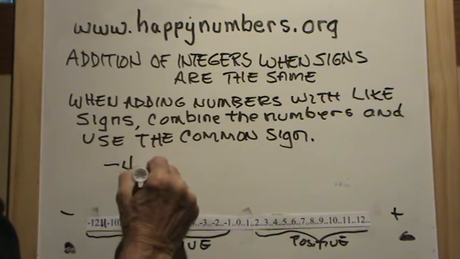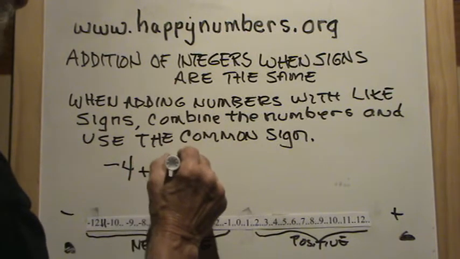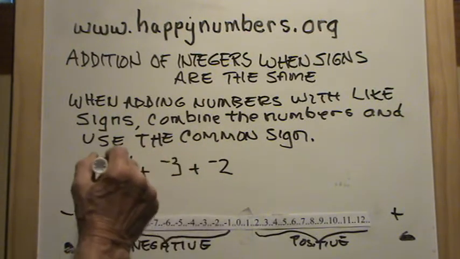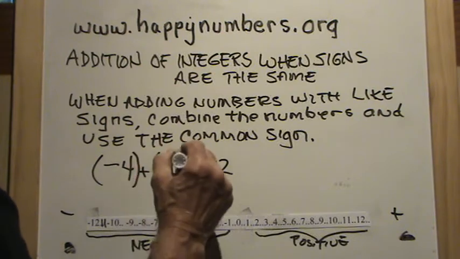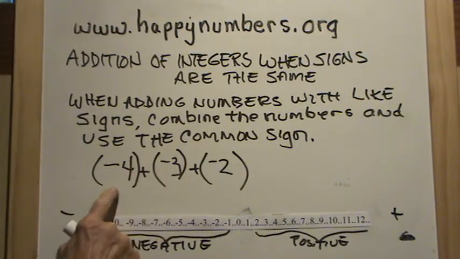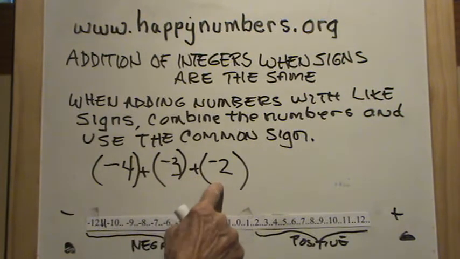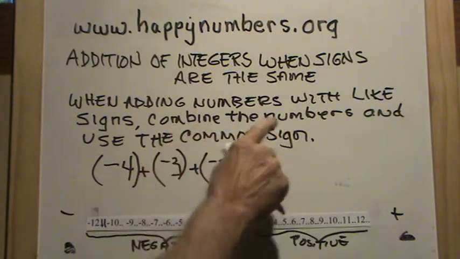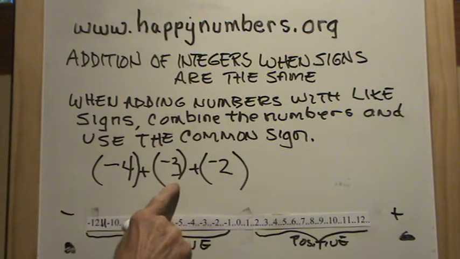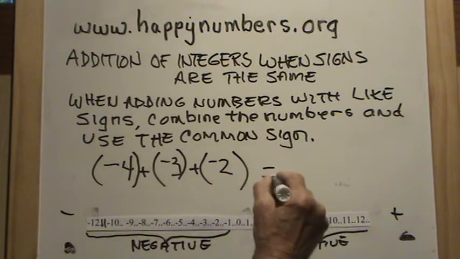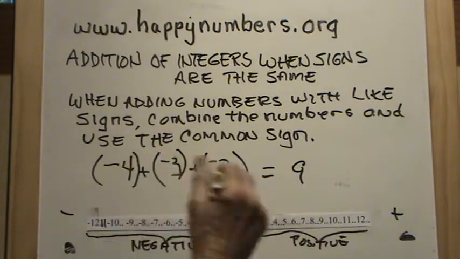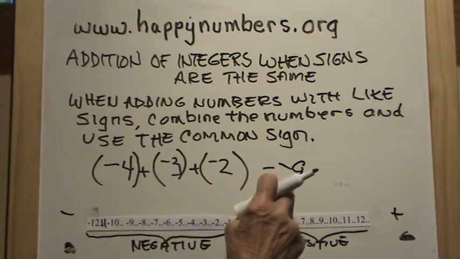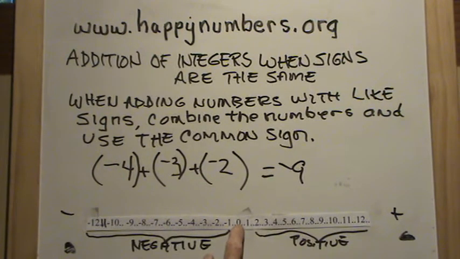-4 plus -3 plus -2. And many times, so that there's no confusion, these may be written like this. So you can see -4 plus -3 plus -2. Well, the signs are exactly the same. They're all negatives. So we just combine the numbers. 4 and 3 is 7, and 7 and 2 is 9. And we use the common sign. So -4 plus -3 plus -2 is equal to -9,